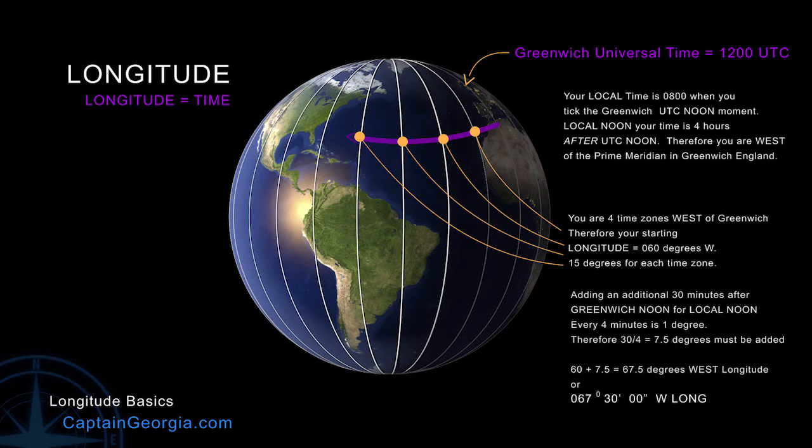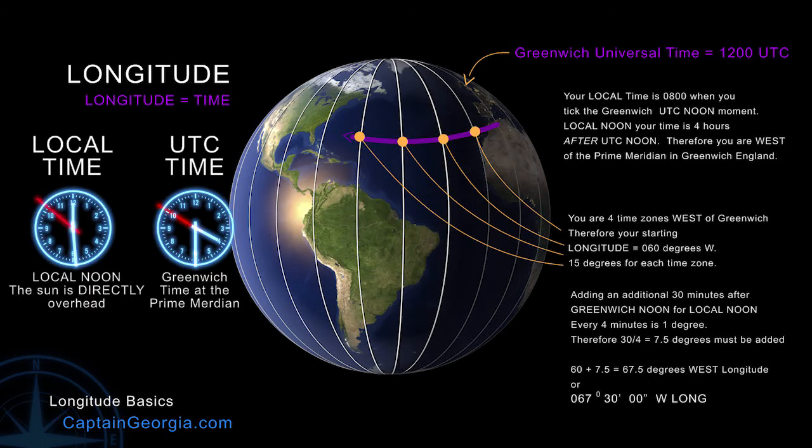Now we watch for local noon to occur. When local noon occurs on our boat, our watch says 12:30. That's 30 additional minutes. So since the Earth rotates 1 degree every 4 minutes, we need to figure out how many degrees are in 30 minutes. So taking 30 minutes, dividing by 4, equals 7.5. So we have to add 7.5 degrees to our initial 60 degrees west,